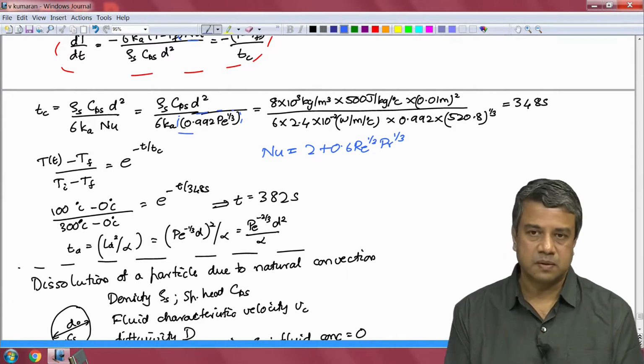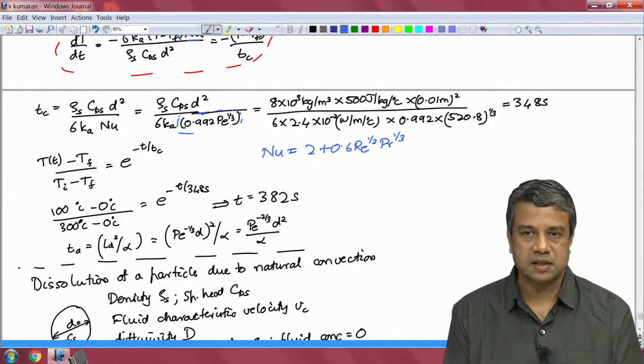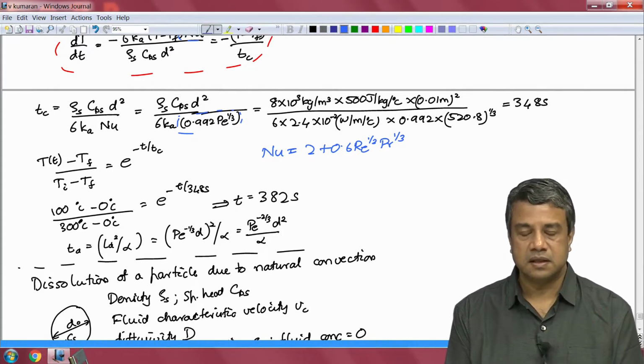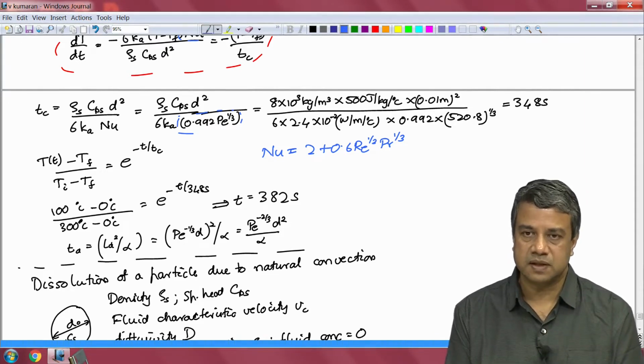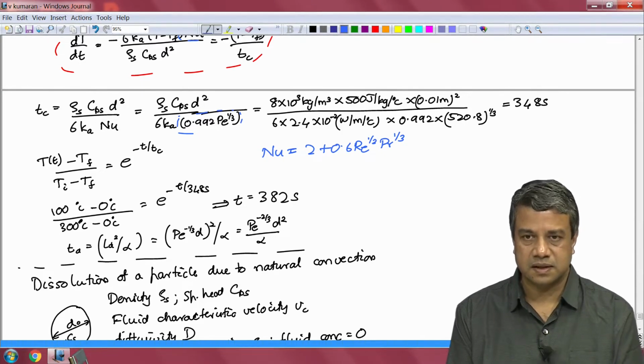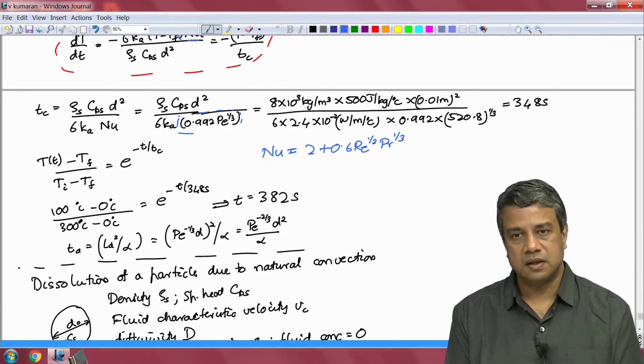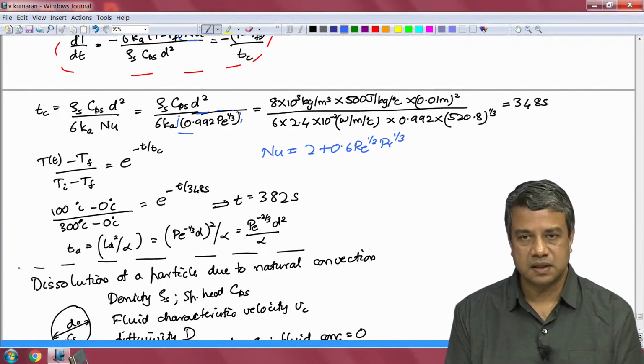You may use more complicated correlations, but the same procedure can be used provided the same conditions are satisfied. That is, the diffusion time is much smaller than the time scale for evolution of the temperature or the concentration at the surfaces, for time varying boundary conditions,